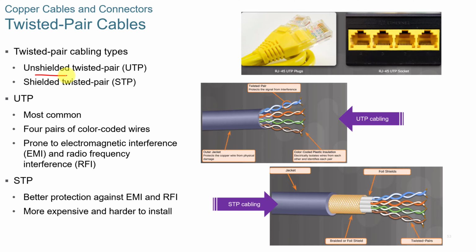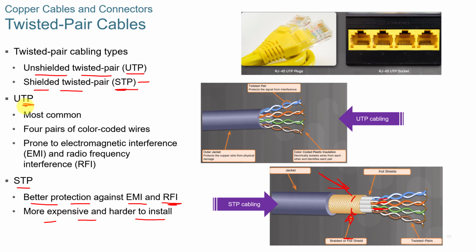Twisted pair, you have unshielded twisted pair and shielded twisted pair, or in the industry you'll hear people just say UTP or STP, and you just need to know which one's which. So shielded gives you a shield, and I'm just going to go down and talk about that. Shielded twisted pair gives you better protection against electromagnetic interference and radio frequency interference. It's more expensive and it's harder to install. The reason it's more expensive is because you have this braiding or foil shield, which protects the wires from that interference. So if you get a signal, let's say from a light, or it's too close to an electrical line, you have that shielding that protects that signal.